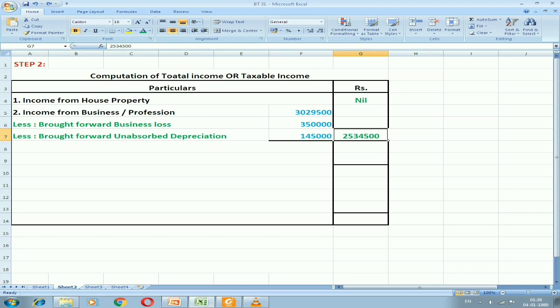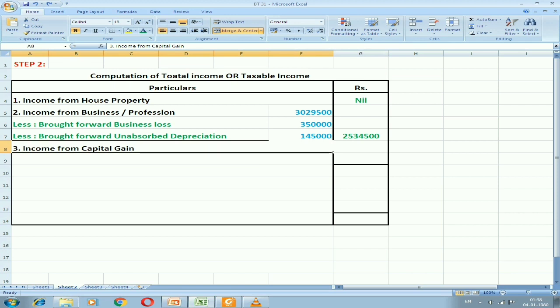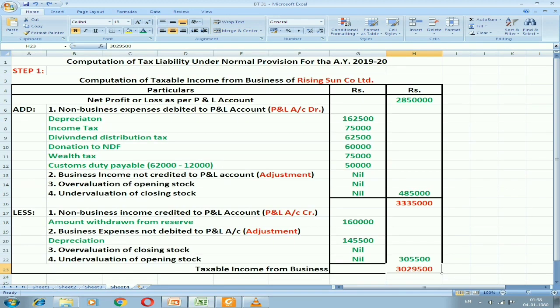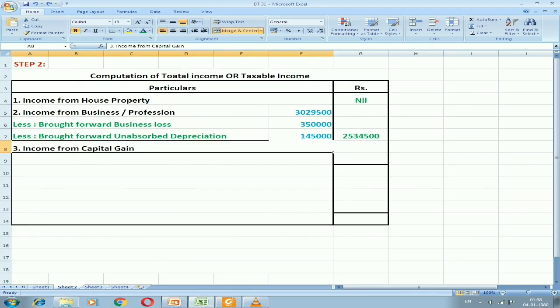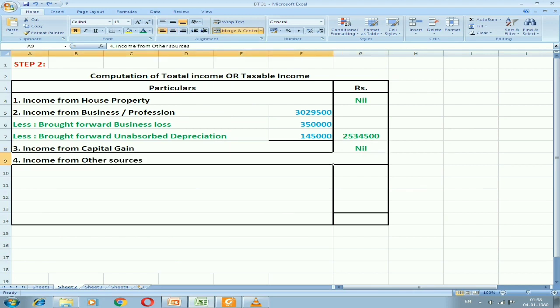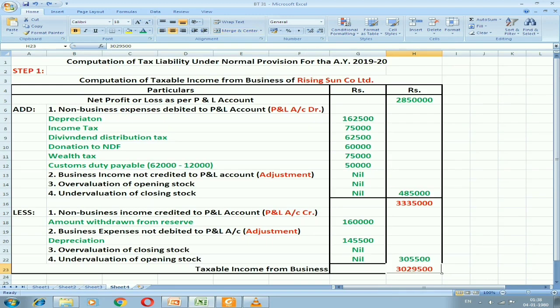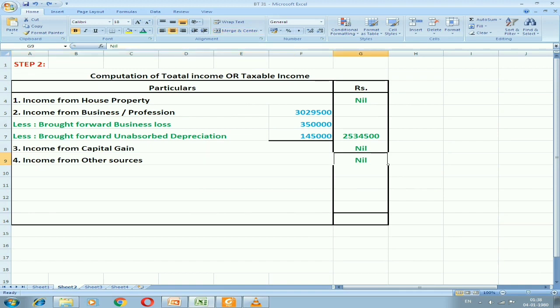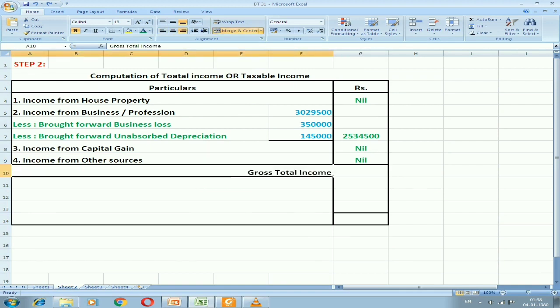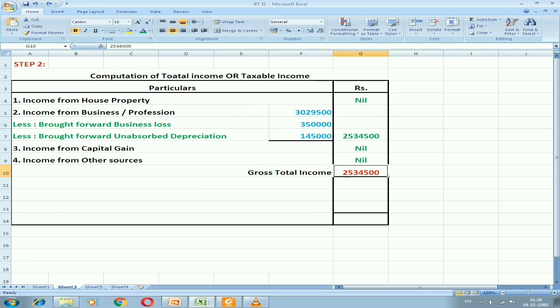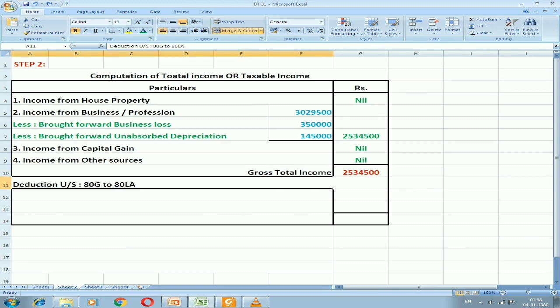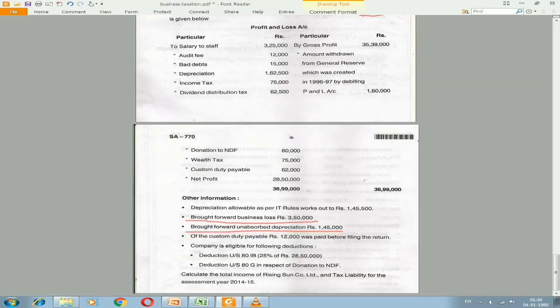The next income is income from capital gain. As you can see in the first step, we don't have any income which is related to capital gains. You need to take a short-term capital gain, long-term capital gain, or any income from sale of fixed assets or any assets. Income from other sources also, we don't have any of it, as the amount withdrawn from reserves will not be taken into taxation, so it will be also nil. If we do the total, that is gross total income 25,34,500. Next, we need to go with the deduction which will come under 80G and also 80IB, which we have